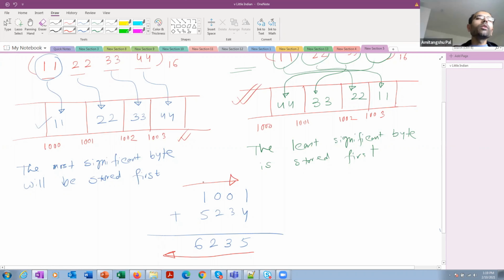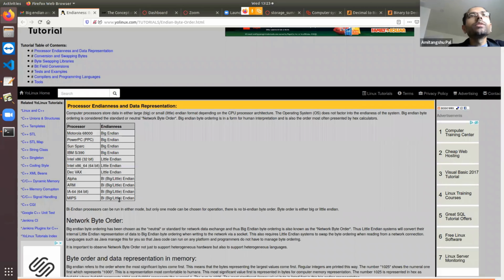Now let's try to find out what format my computing system follows. Here there is a table showing different types of processors and what Endian format each follows.